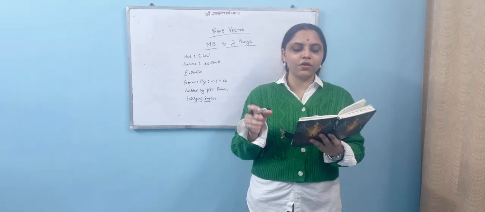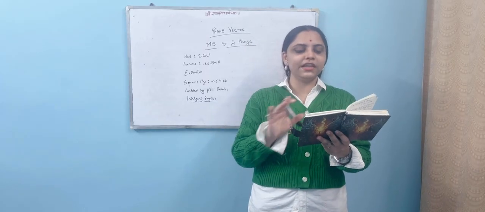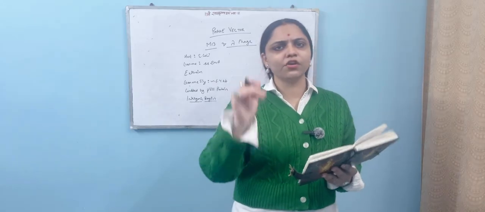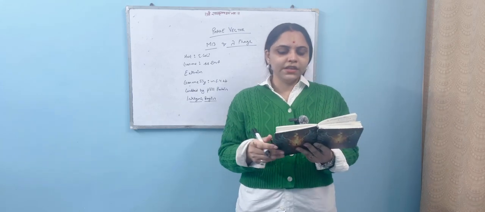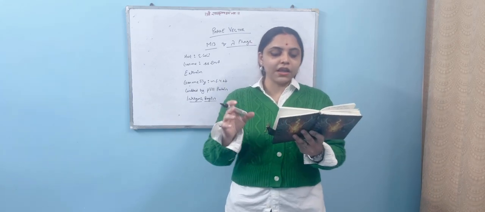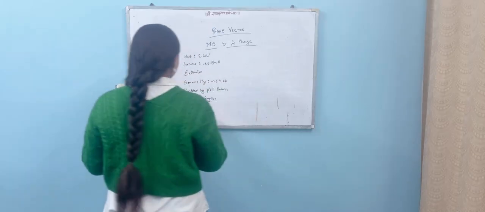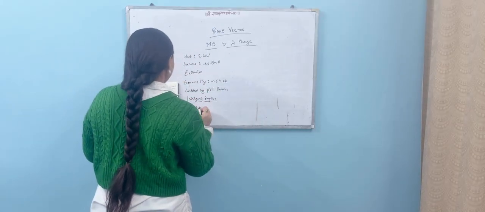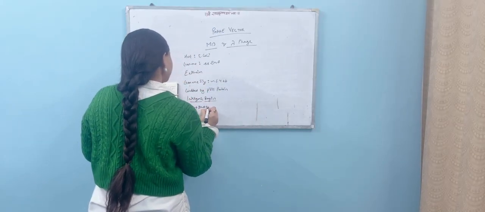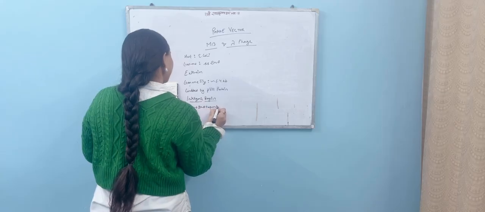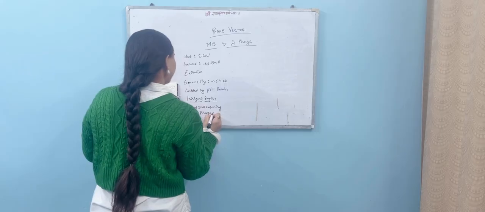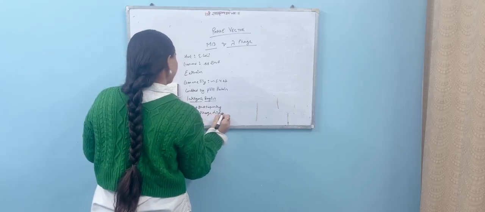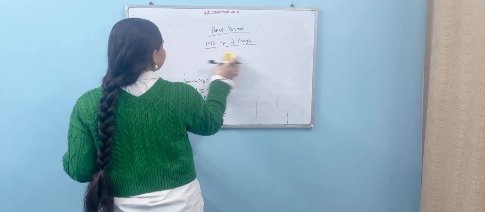Then the recombinant phage produces single stranded DNA. We are clear with this, or if you're not, then I have kept the link in the description box about the video on single stranded DNA. And now comes the application. Application is simple: DNA sequencing and phage display. That is what this M13 phage vector is.